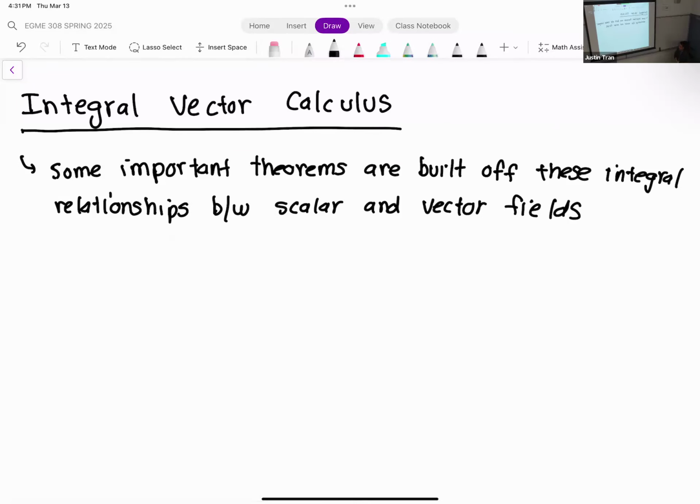So you've probably seen some of these theorems before in your previous classes. It's just that they probably went over them very quickly, and so my goal with this unit is to reintroduce these theorems to you. Hopefully you've seen some of these before, but I also want to tell you a bit more context in terms of an engineering environment. So the first one that we're going to go over, that I hope we'll have enough time for today, is Green's theorem.